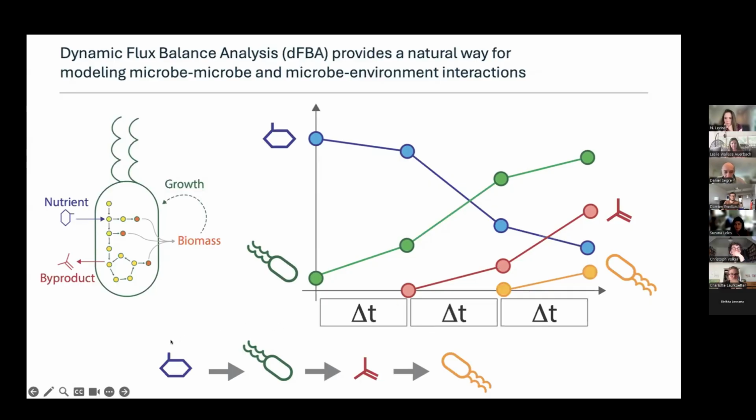And what is nice here is that you can effectively simulate an exchange and interactions between different species while still assuming that each organism maximizes what is good for itself. There is no ecosystem level optimality criterion to be invented or suggested. You can still assume that each organism is maximizing its own biomass, for example, and the interactions between species, both competition and cooperation, will emerge as an emergent property of each organism doing its own metabolism. So this is why dynamic flux balance analysis, in my mind, is quite appealing for modeling ecosystems.